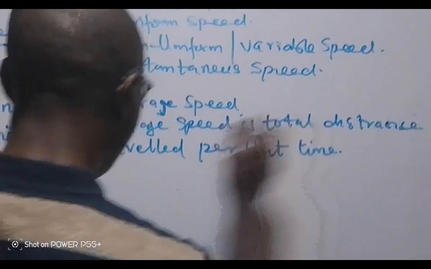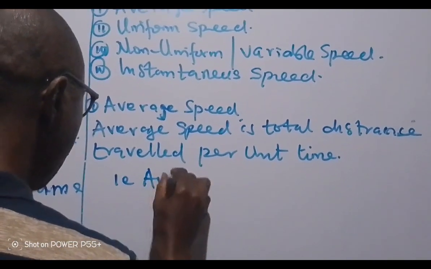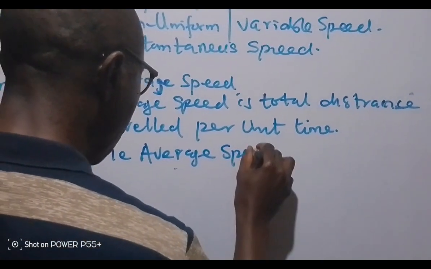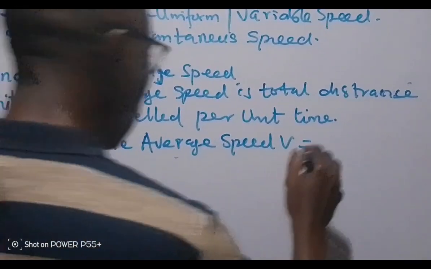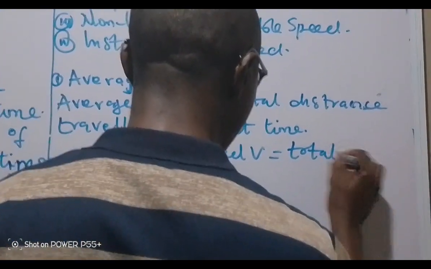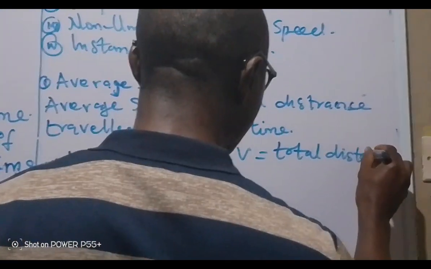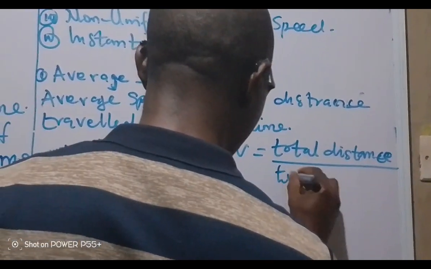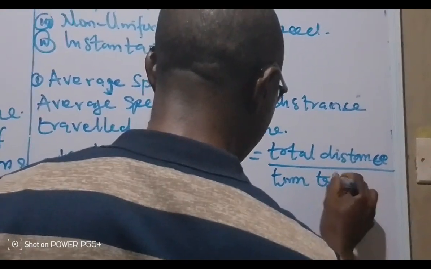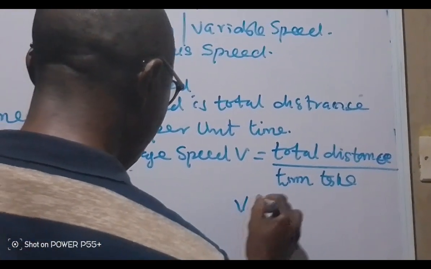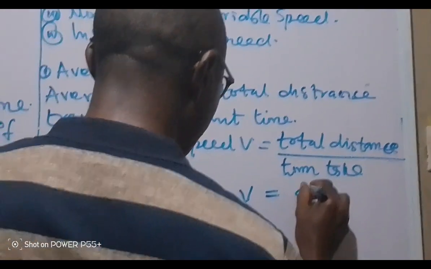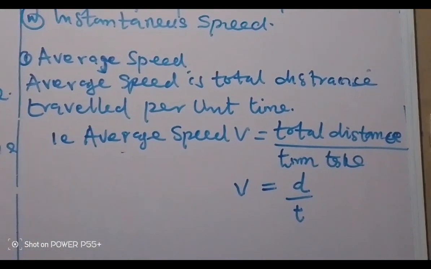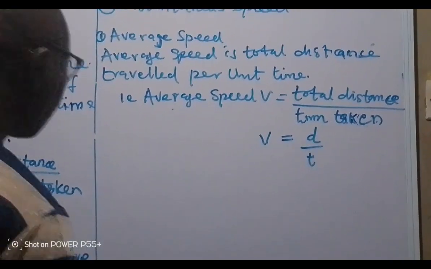That is, average speed V is equal to total distance over time taken, which is equivalent to V is equal to total distance over time taken. At the same time, the average speed can be